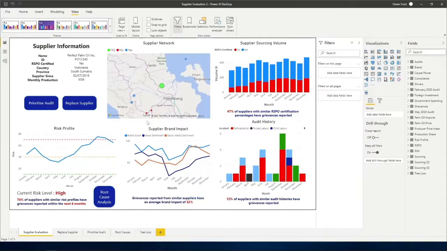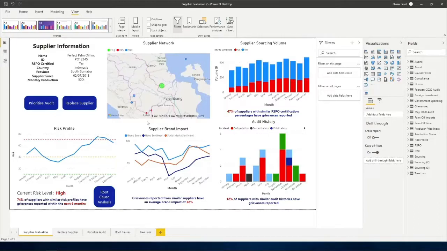These would primarily be generated through the use of machine learning algorithms on our platform, and would typically compare suppliers with similar characteristics to help predict future outcomes. In the bottom left is the supplier's risk profile, which we mentioned in the previous video. Following causal analysis of historical data, we could calculate a given supplier's chance of deforestation or grievance based on their